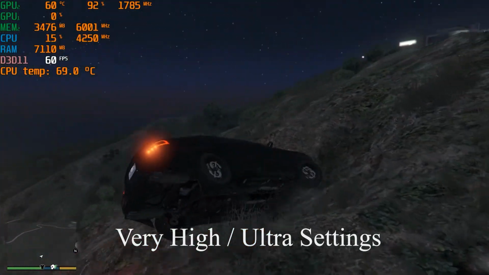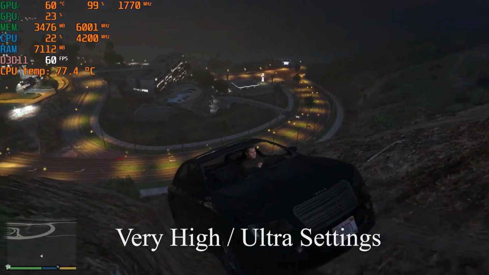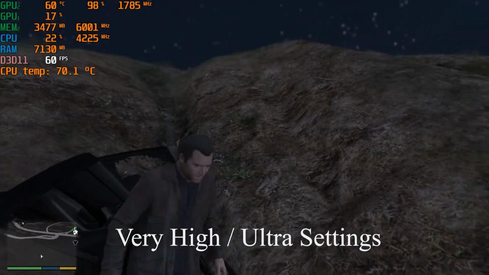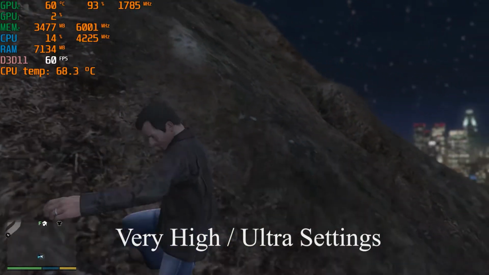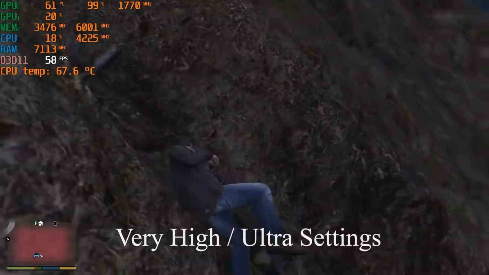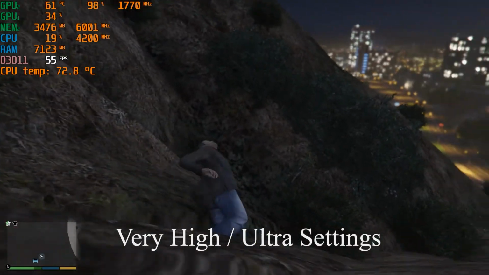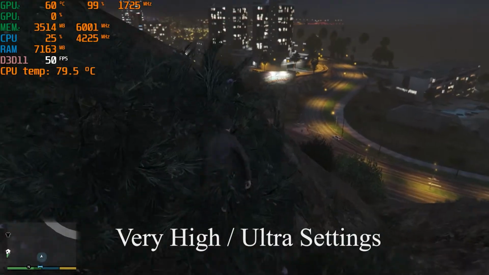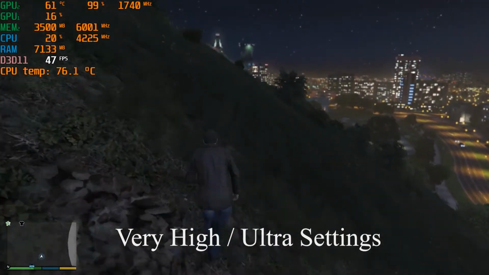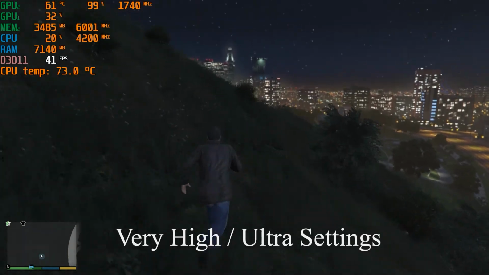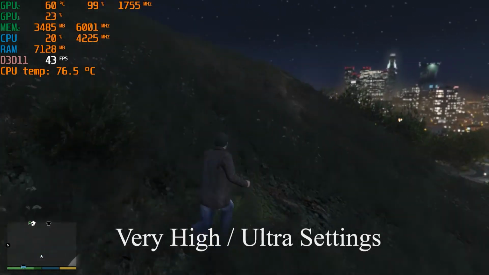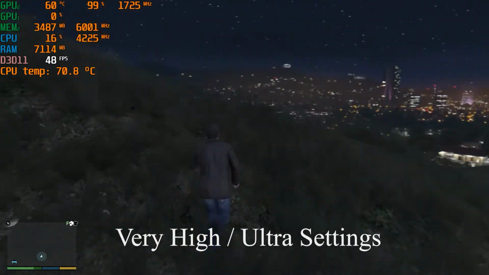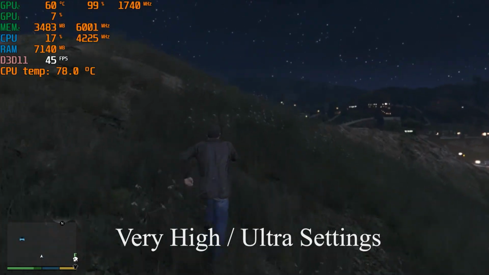So you can see in this highest graphics, that means very high settings, GTX 1650 is giving us 50 to 55 FPS, which is just the same amount of FPS which we got while running the benchmark tests. So the benchmark test was just showing us the result while we are playing the game at very high settings. So now you can see the GPU is used 99%, which is the highest GPU usage, and the video memory is using around 3.5 GB, which is quite good because we have 0.5 GB of extra memory here, so there will be no problem.